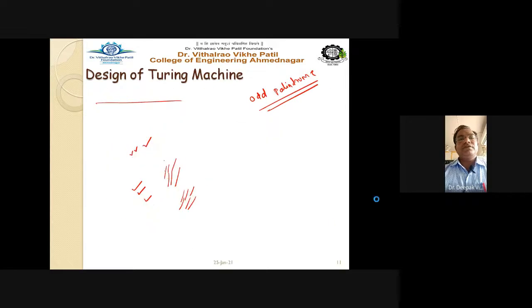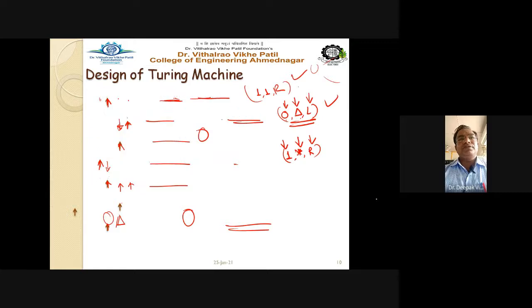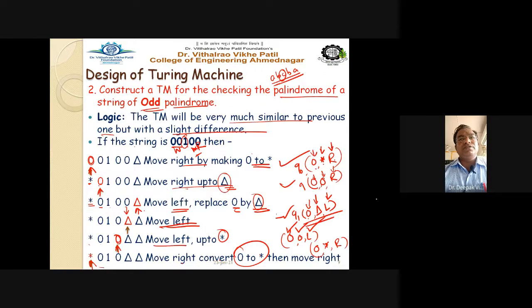Concatenation problem. Now this is nothing but your odd palindrome string. Odd palindrome string we have observed here. So this is the odd palindrome string, and remember, very important, for every logic which we are writing here, we have to convert it into the rule, or into the transition. So 0 is the input, output is the star, and we have to move in the right hand side direction, right?